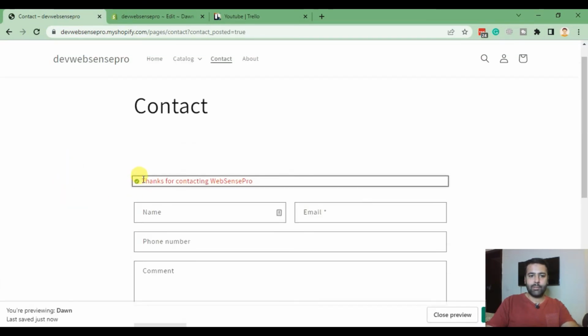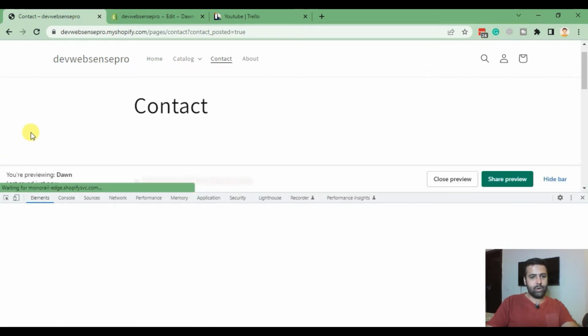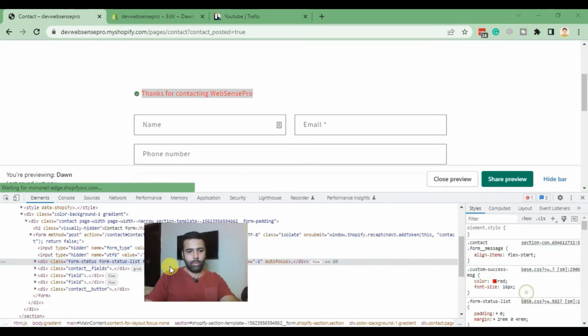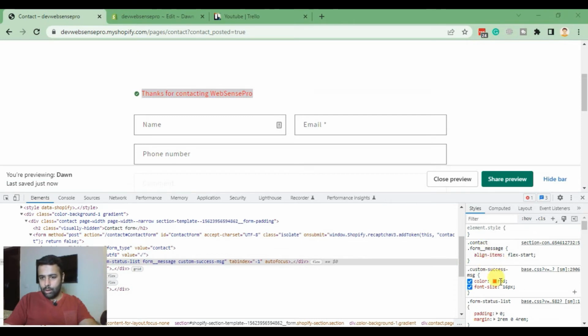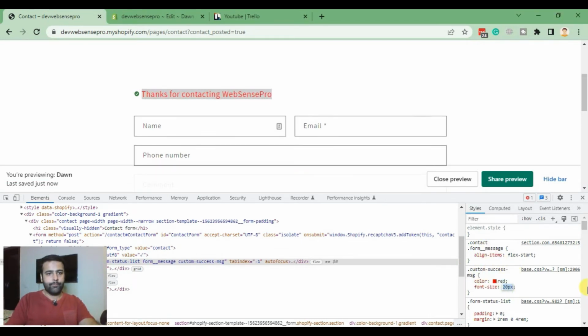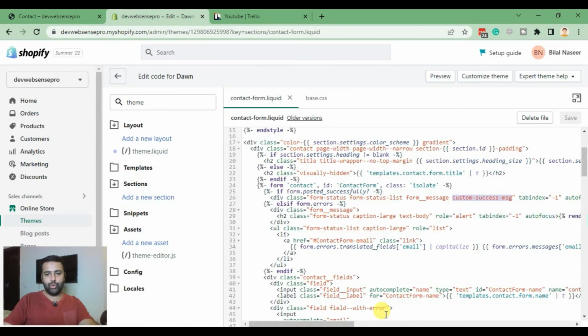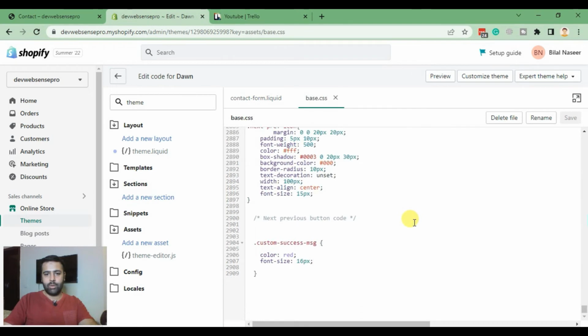And here you go. As you can see, the font color, and let me check why the font size is not updated yet. It should be a little bigger. So that's our class, and those are the properties which we added. Yep, it's working. So if we increase the font size to 22 pixel now from base.css